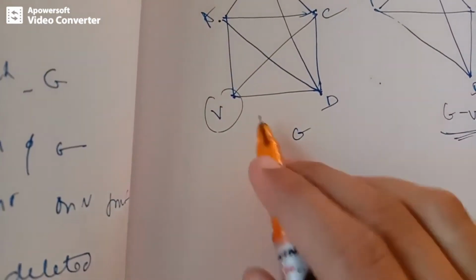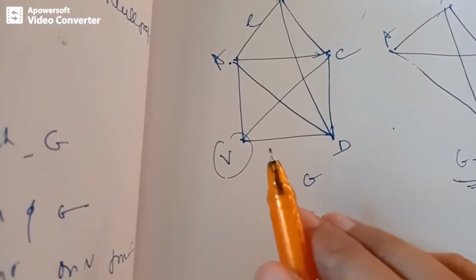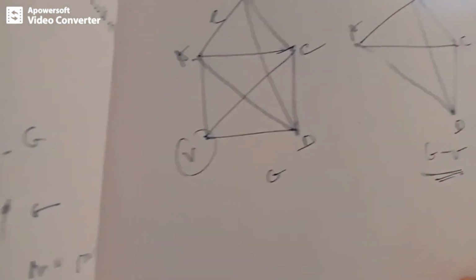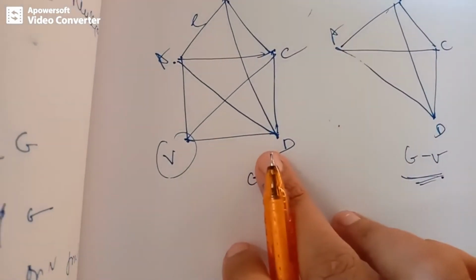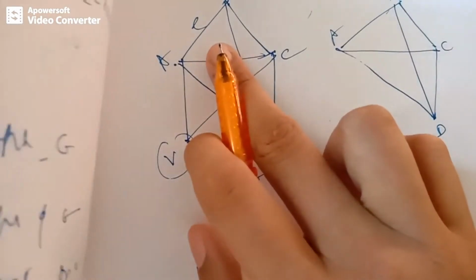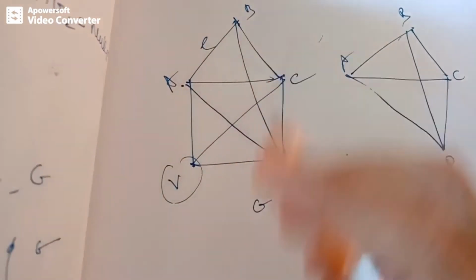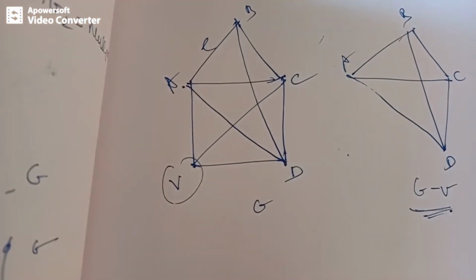So next, let's find out what is meant by edge deleted subgraph. Okay, what is edge deleted subgraph? So let's take this graph. If you try to delete a particular edge, we have named this edge as E over here. So let's start deleting this edge. So what is the resultant graph?